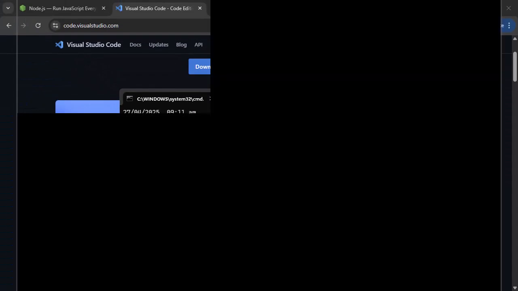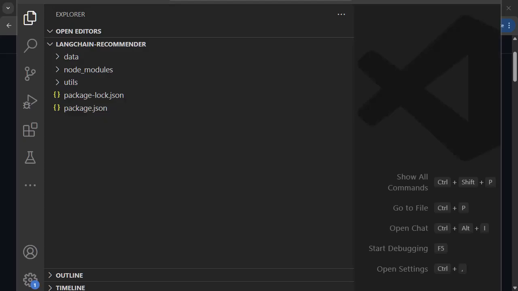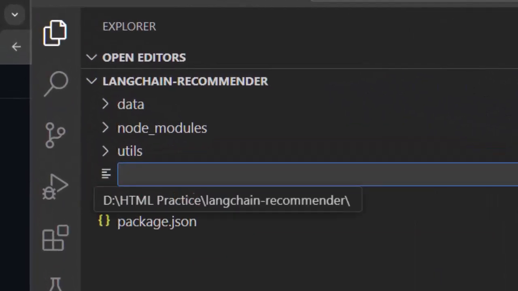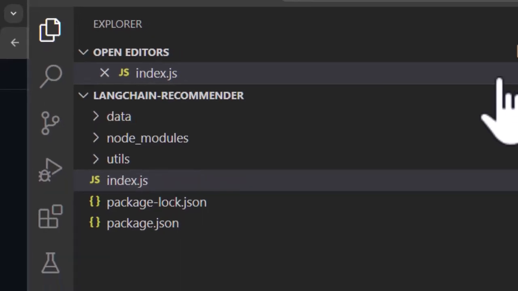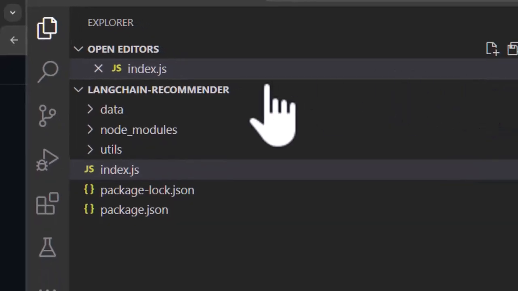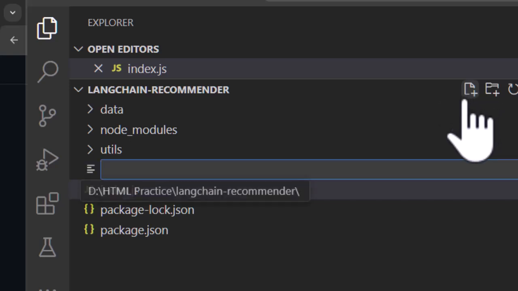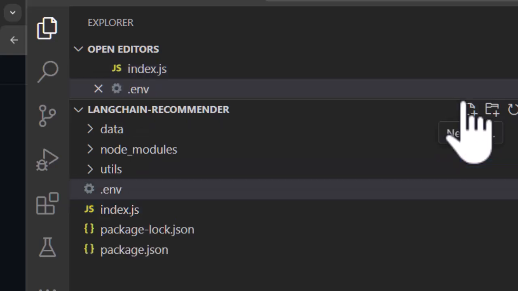This is going to bring up Visual Studio Code in context of our current folder. Here we need to create two new files in the root folder. These are index.js. This is going to be our main entry point in our recommender. We are also going to need another file called .env. This is going to hold our API key, which is supposed to be secret, and hence we shall access